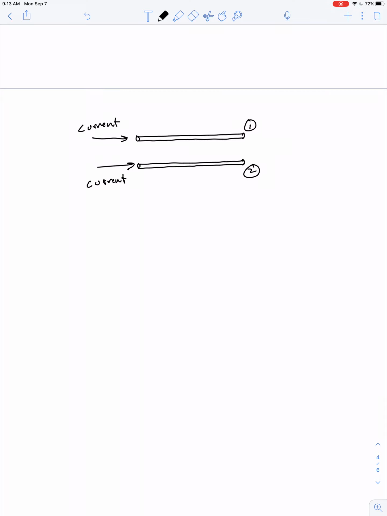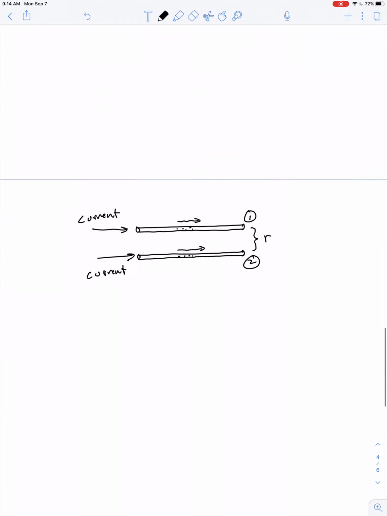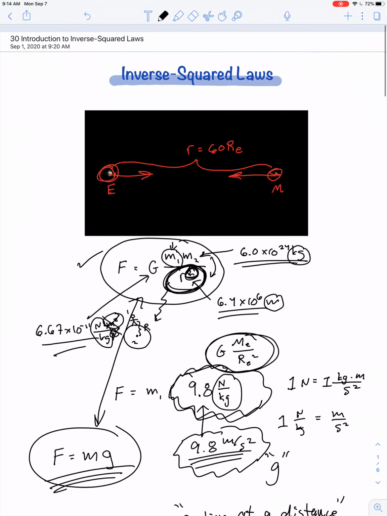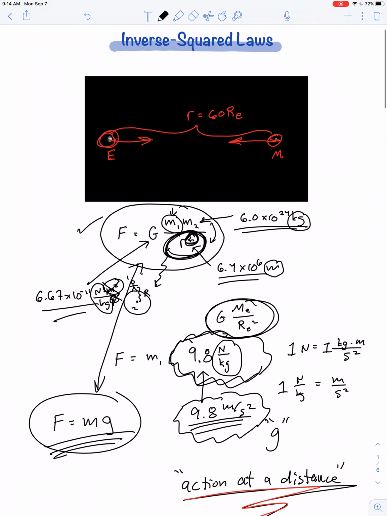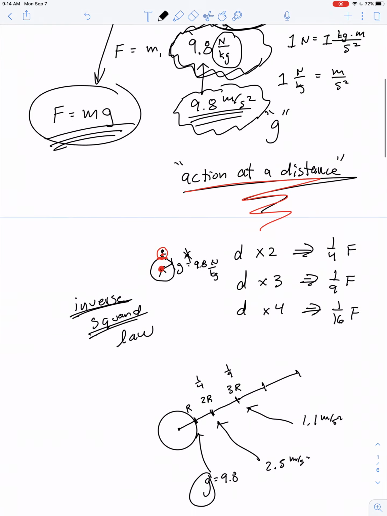So in this case, an electric current is really a form of charge in motion, and the electric charges that are drifting through the two wires have a way of influencing each other with an action at a distance sort of behavior. So we can say r is the distance between the two wires. And we'll find in the next semester in physics that there's an inverse squared law that also governs magnetic forces. So there's an introduction to inverse squared laws and the way in which contact forces, in a way, have a relationship that's similar to